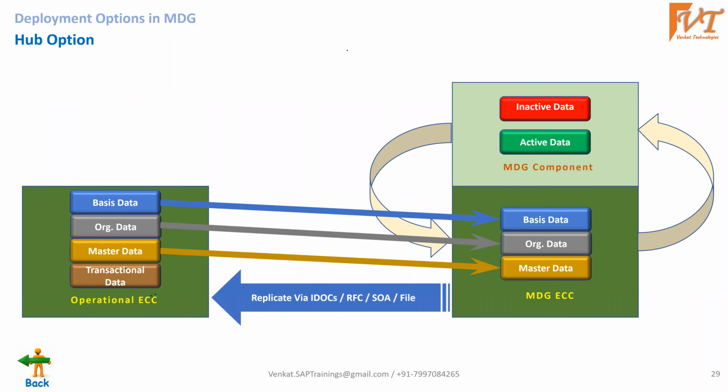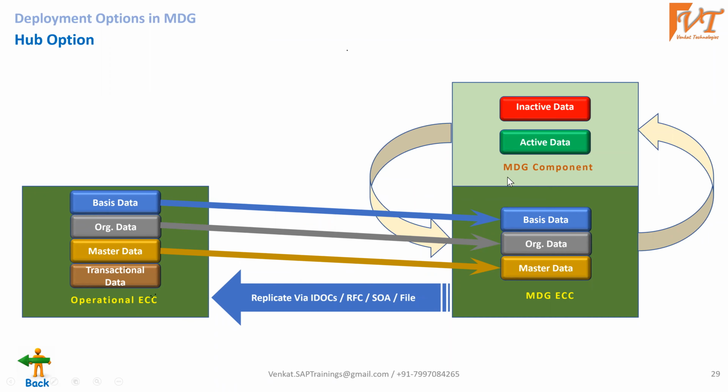In the previous case also, we are installing this MDG on ECC, but in S4HANA we are automatically getting it. In ECC we install the MDG component, so here also we are separately maintaining MDG. Unfortunately, this slide has not been updated, so it can be MDG on ECC or MDG on S4 also. Just visualize it that way. It can be anything. If it is MDG on S4, we need not install any MDG component. It is pre-installed.